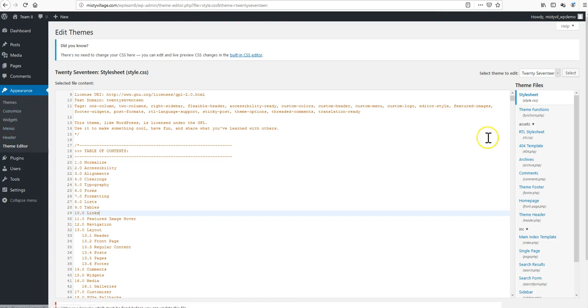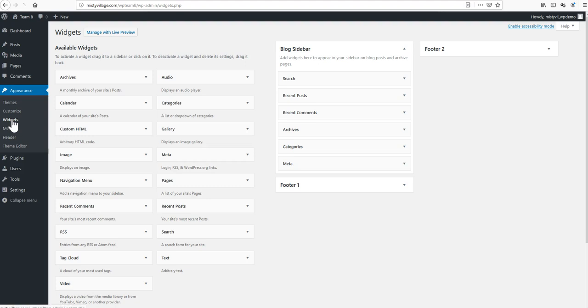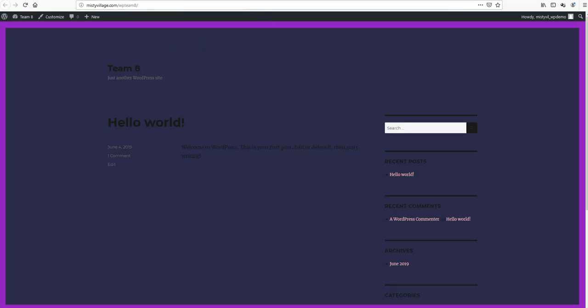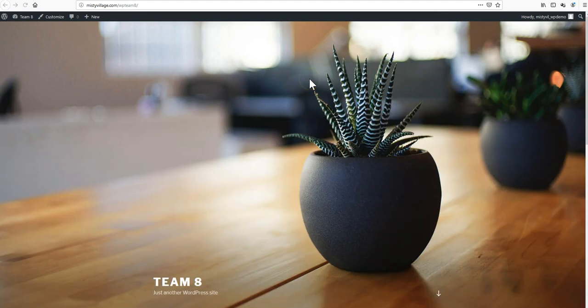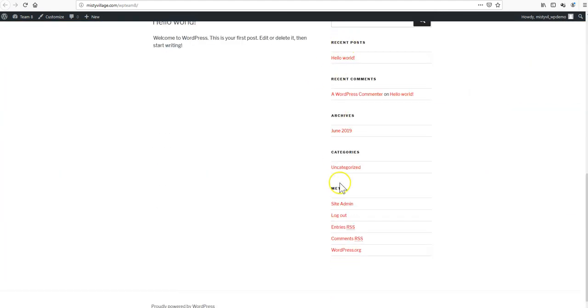You can customize it through Theme Editor by modifying all these files. And each one of these options here, you can modify widgets. So the concept of a widget is that if you actually go to a page, I'm going to hit refresh because I think I may have activated another theme. Right? So this is considered a sidebar region within a template,